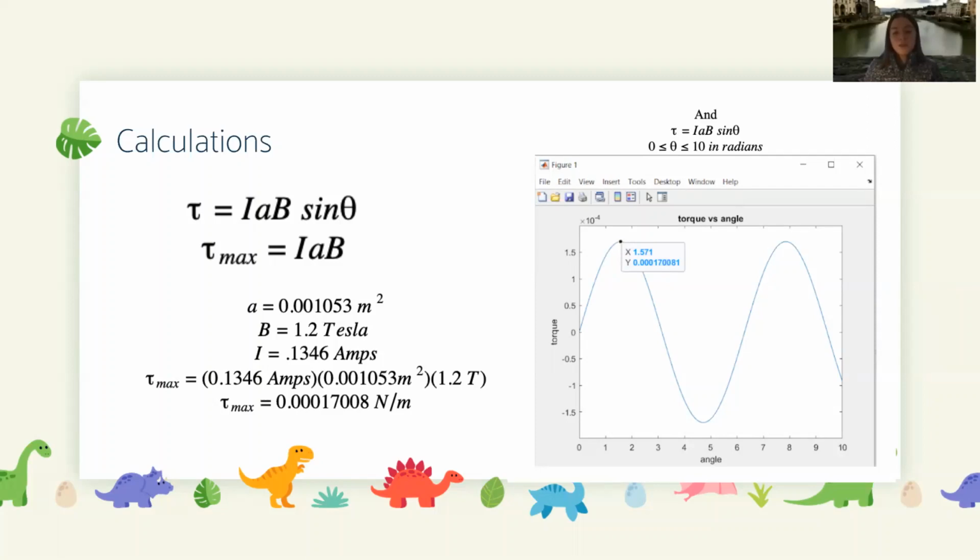We obtain these values from our motor model, and we verify that we have the correct units. For the area of the loop it is square meters, for our magnetic field it is Tesla, and for our current it is amperes. We substitute these values in our formula, and we obtain that the maximum torque is equal to